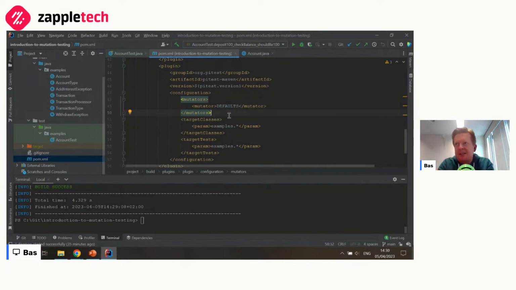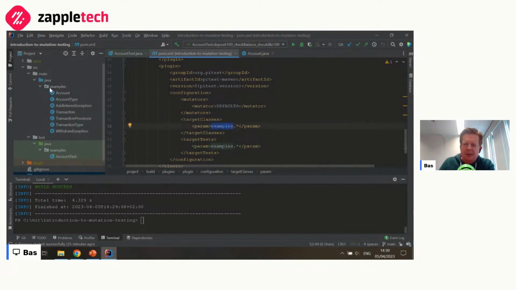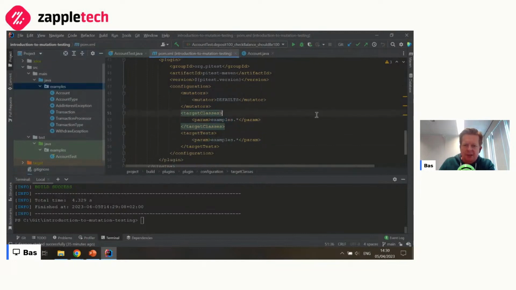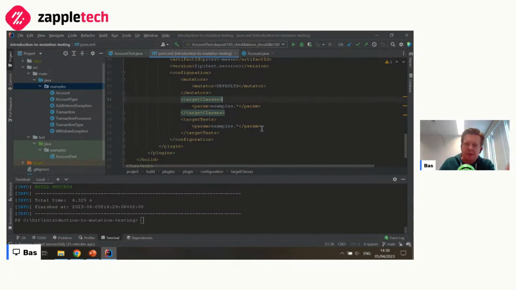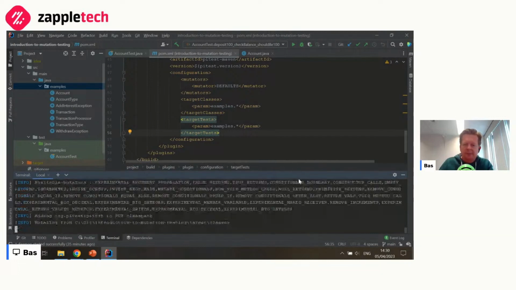So there's no randomization involved there, which makes it very easy to reproduce all the stuff. And I just said, please cover everything from the examples package. Basically you tell here what's the code that I want to mutate and where are the corresponding tests. This is the command that you use to run PyTest. Just believe me for now.